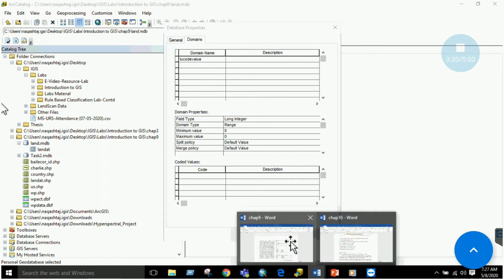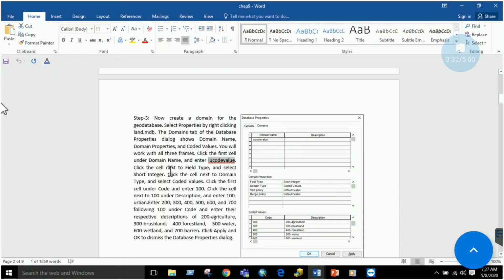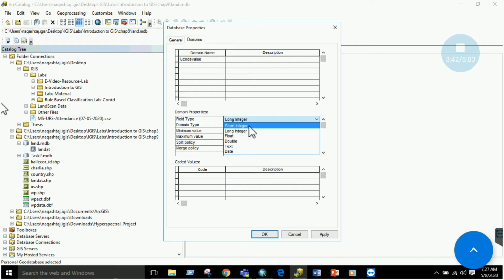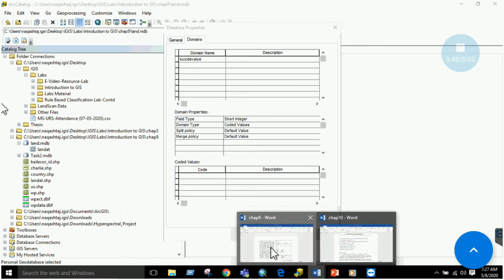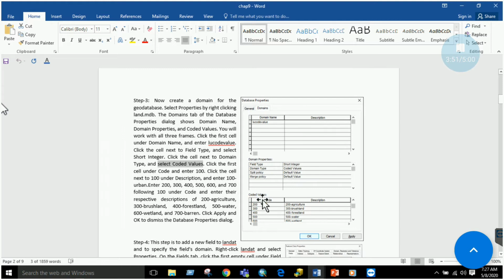And in the tutorial, if it's asked something else, write that, and select the type short integer and select coded value. Here you have to select the short integer, and here you have to select the coded value, right? Okay, next it asks you to enter the code as 100, 200 and 700.